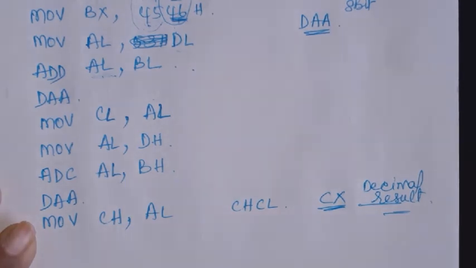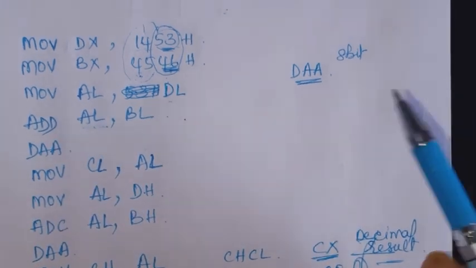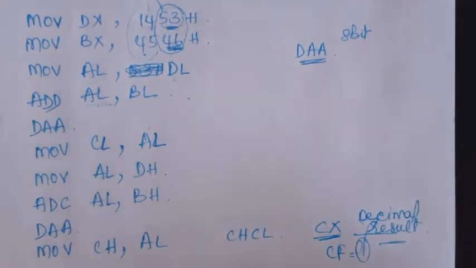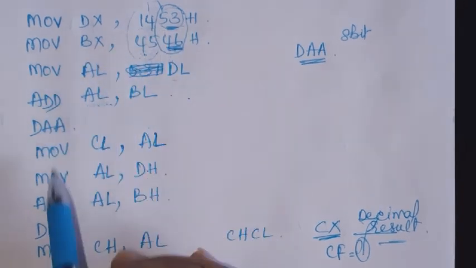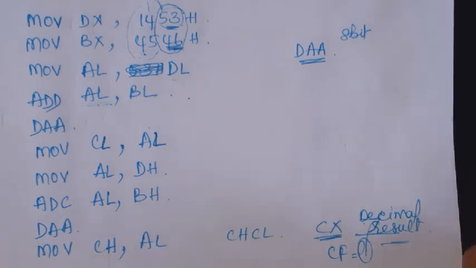This is holding the 16-bit decimal result. Okay, and one more bit is there, that is the carry flag. Even the carry flag, if it is set, will also be included in the result. Okay, so this is how you write the program to perform the decimal addition of two 16-bit numbers. That means 4-digit decimal addition you can perform using this program. So this is how it is used.